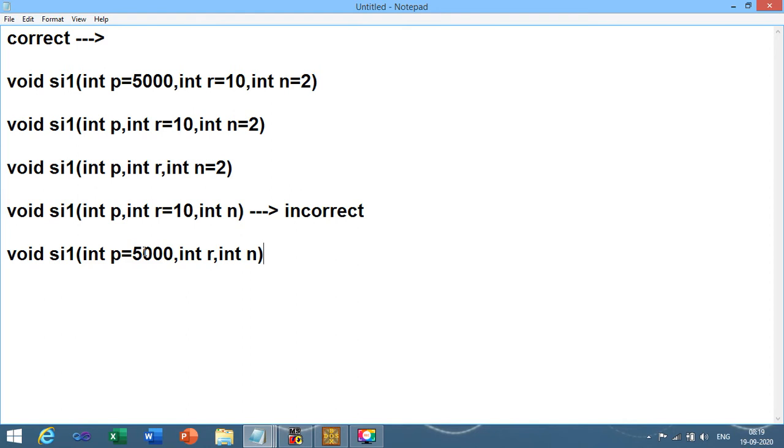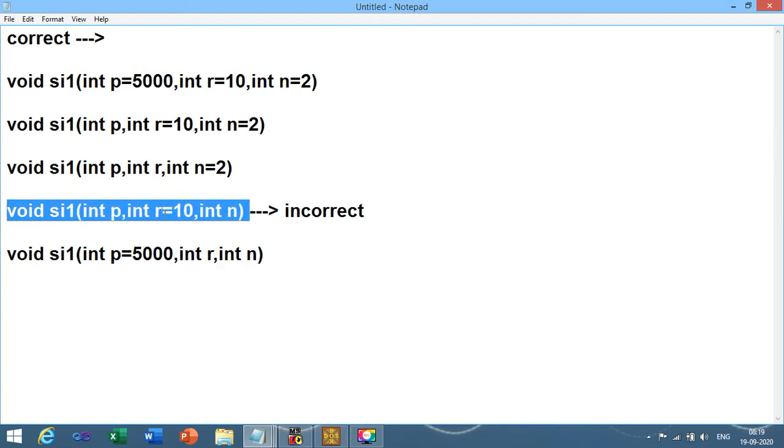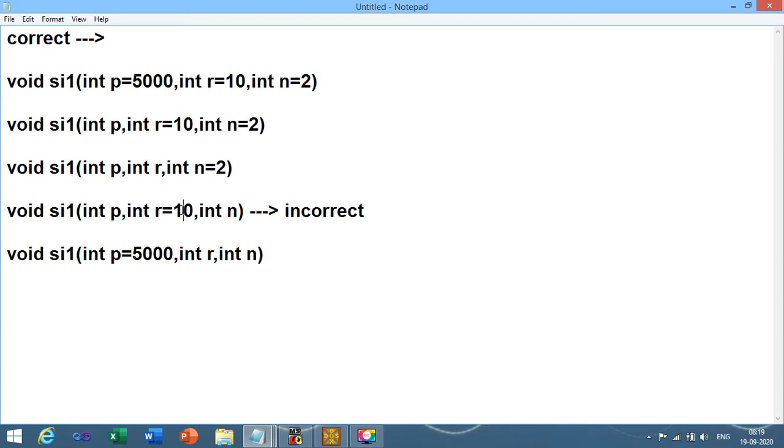Why? Because if I want to give a default value for variable p, in such cases I compulsorily need to give the values of r and n. Similarly, if I want to initialize the value of r as 10, I also need to initialize the value of n with some value.